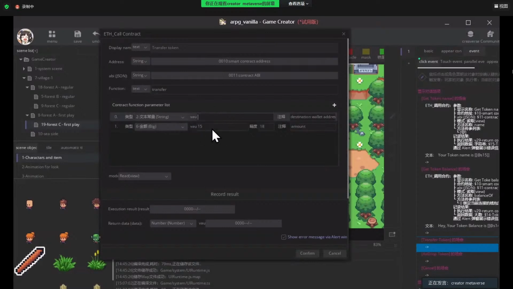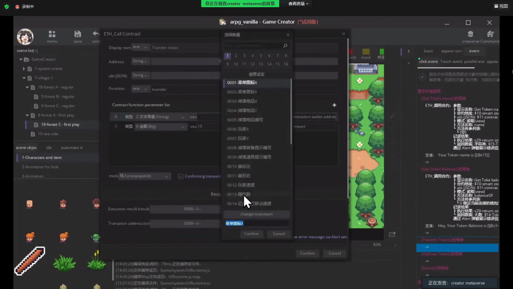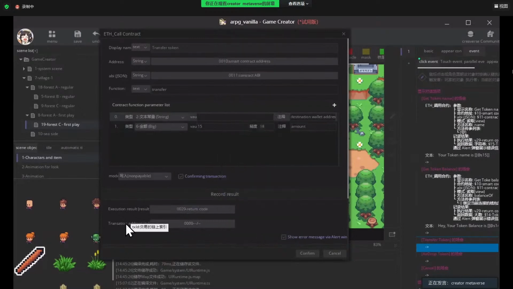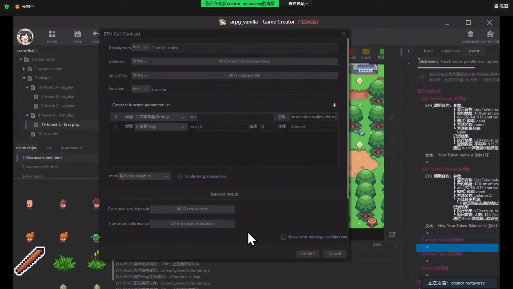So in your own game, you can have the player input those 2 variables by themselves. But here we just hardcode them, and the mode is write, and confirm the transaction. The execution result returns to this return code, and the transaction address returns to here, a new string.